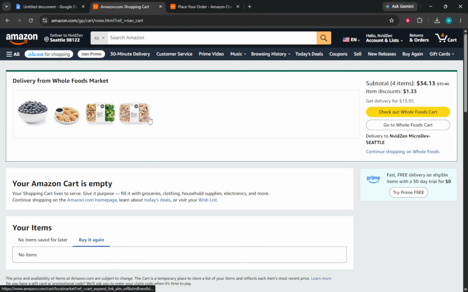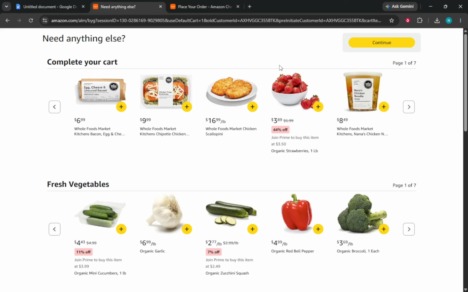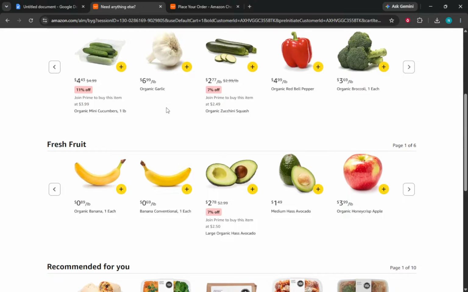Look for the specific order you want to modify. When you locate it, you will see all the details related to that order for easy reference. After locating your Amazon Fresh order, select the order you want to modify. This action will take you to a dedicated page for that order.